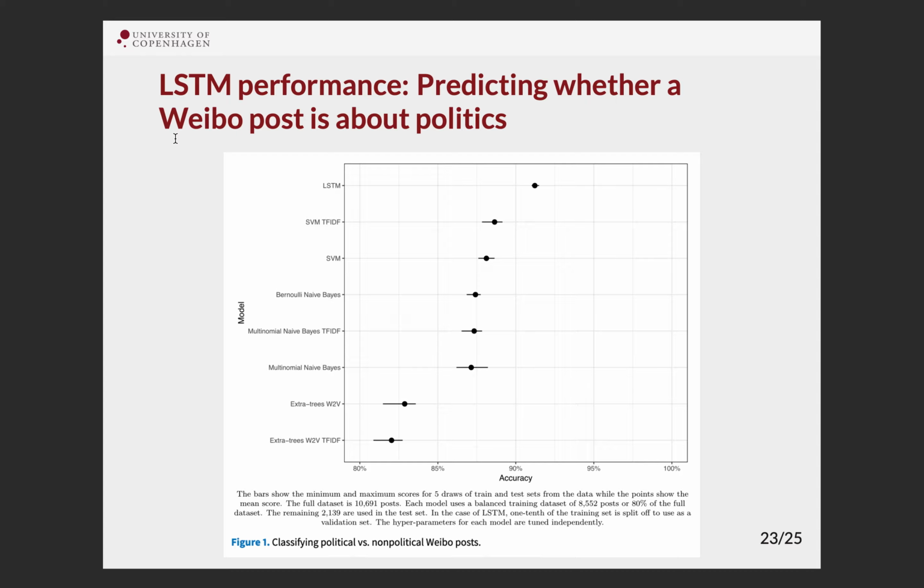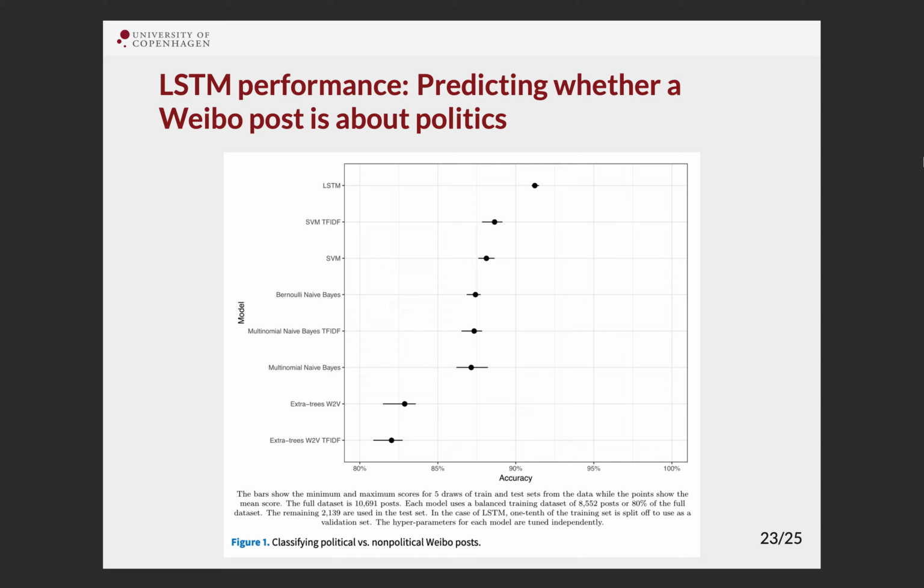So I'm not going to go into any technical detail here. I just really want to say something about the benefit of taking words in their context versus bag of words approaches. So this figure is from the Chang and Masterson article. Chang and Masterson have a recent article in the journal Political Analysis that looks at LSTM models. You don't need to know what LSTM models are other than the fact that they take words in their context into account. And they compare them to a number of what are essentially bag of words approaches. So this SVM model in the second row, support vector machines, is a bag of words approach, as are the